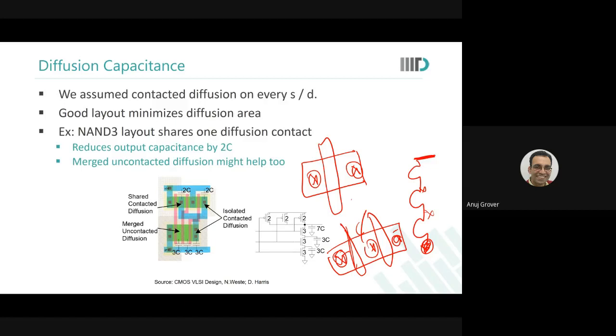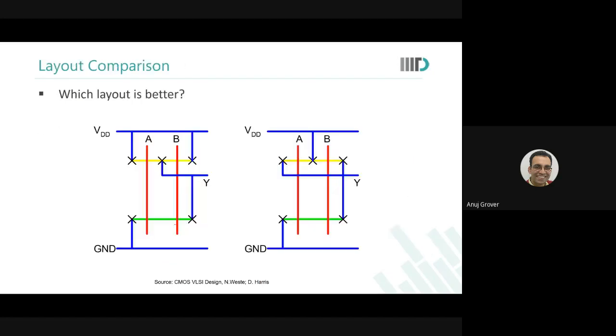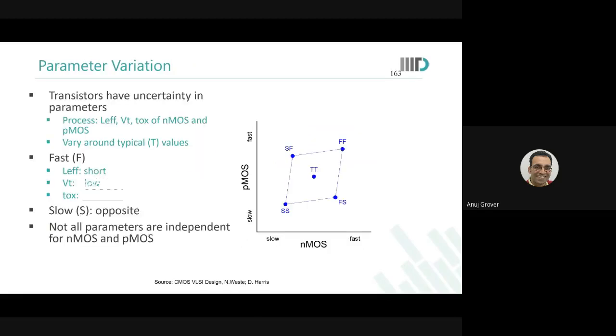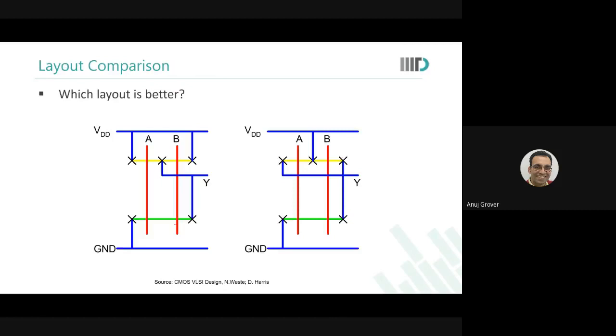So I think we would stop now because some of you also have another class. This also we have done. I think you can look at it yourself and we'll start with me asking you this question tomorrow. So it's best if you can spend some thought on this. And tomorrow I will also want to cover the impact of process variations and then we will look at some assignment. Okay. So I will stop here.